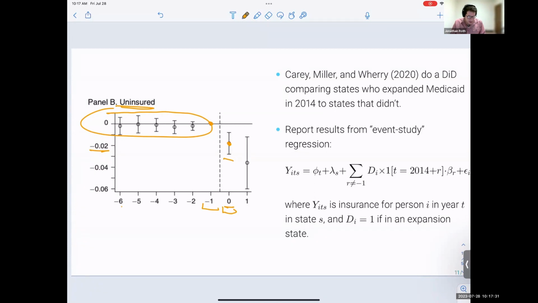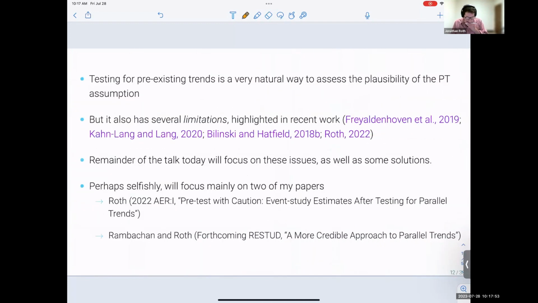Given that there was a lot of economic variation between 2008 and 2014, we see here that, at least up to the statistical precision that we have, those economic factors that changed between 2008 and 2014 didn't seem to have a very large differential effect for the types of states that passed the Medicaid expansion versus the types of states that didn't. So that gives us some additional confidence in the parallel trends assumption if we see that the groups are moving in parallel. And so it's a very natural thing to do,